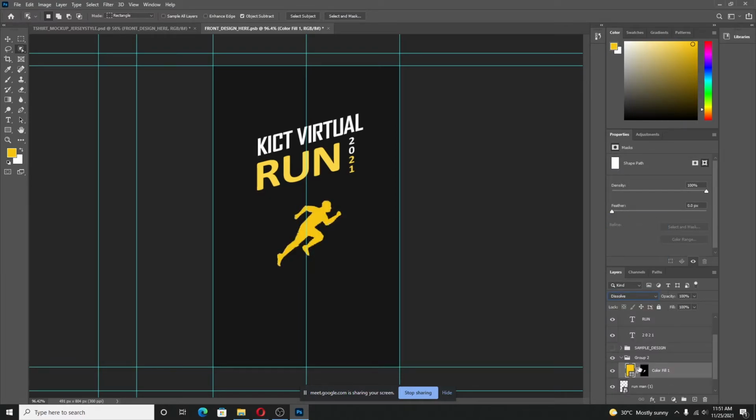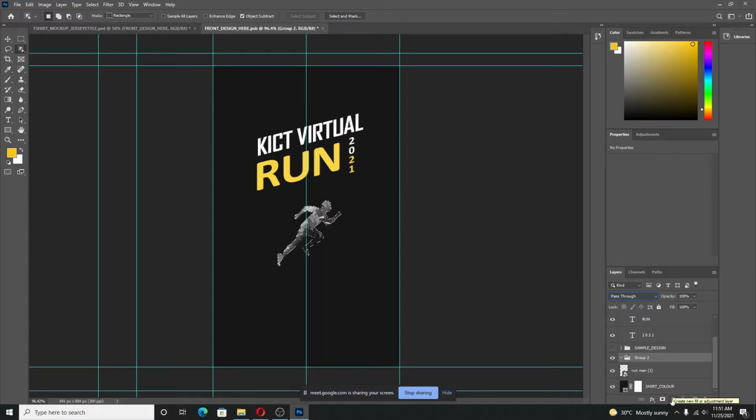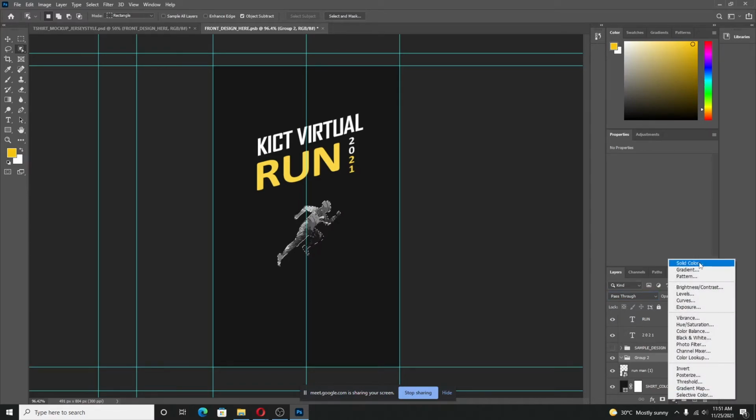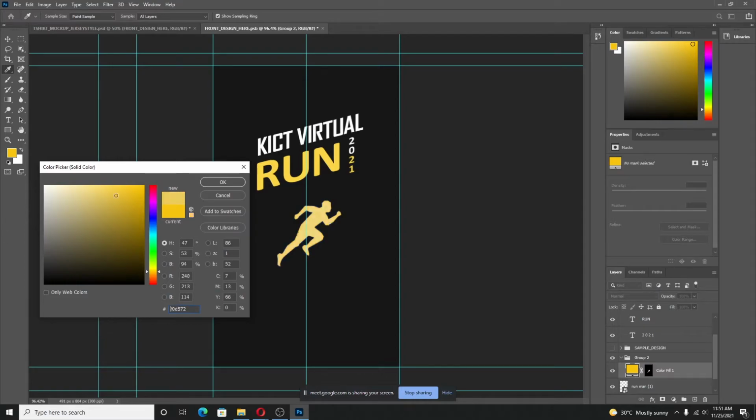Okay, so let's do it again. So direct object selection tool, so we selected this one, yeah. Next, we are going to go create new fill or adjustment layer and go solid color. So here you can use a solid color for this character, or you can use anything. So I want to make it kind of a grid type, because as you can see